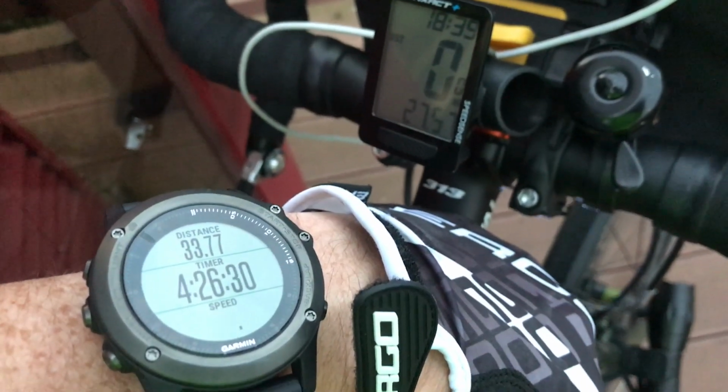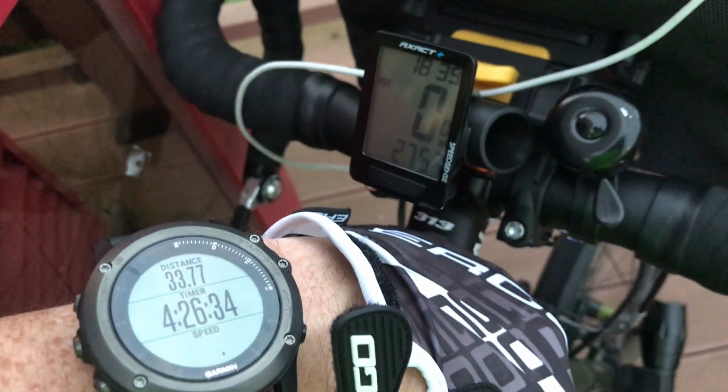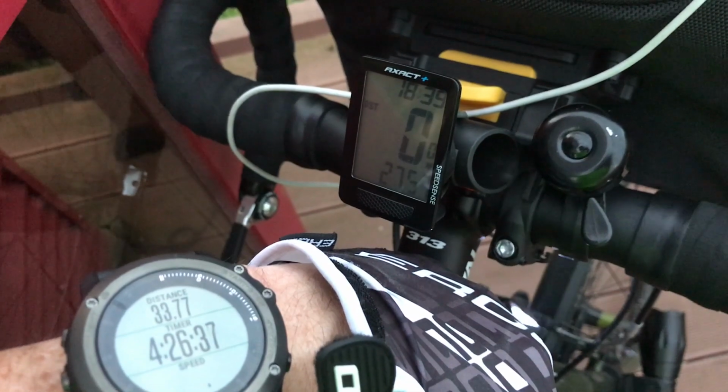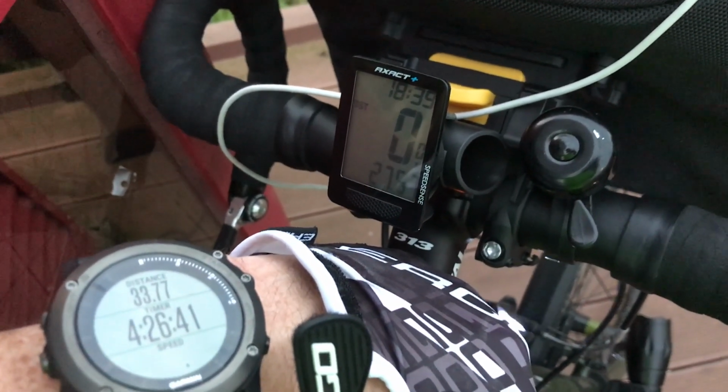Okay, so here's a little bit of a problem. Garmin's saying 33.77 since where I left the Rotona, and the other one's saying 27.5. So I'm not sure which one to...